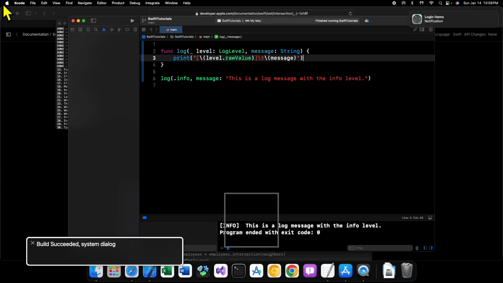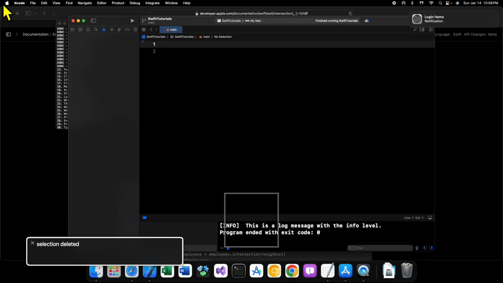Well, a log example wouldn't do us very good in that. So let's get rid of that log function and let's create something that's a little bit more practical. And we can do this